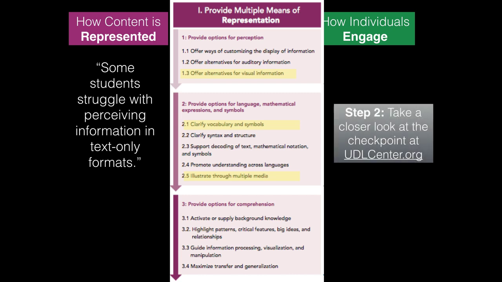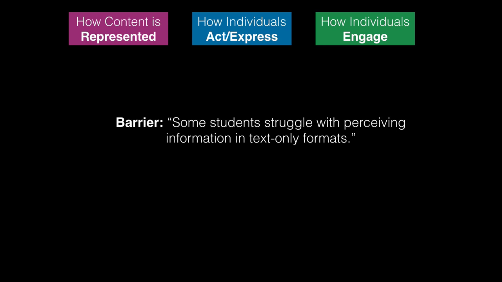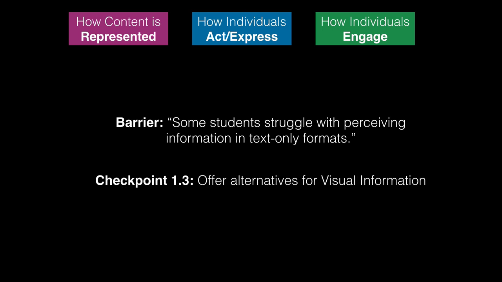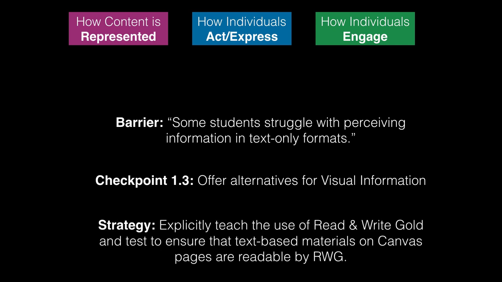So, I now see that probably checkpoint 1.3 is the most appropriate. Once I have that, I'm now able to take a look at the big picture. So I have a barrier. Some students struggle with perceiving information in text-only formats. I have a checkpoint to address this. Offer alternatives for visual information. The next step is for me to figure out how I'm going to apply that in a concrete, specific way for the circumstance. So if I'm working on delivering content via text on Canvas, then maybe I could explicitly teach